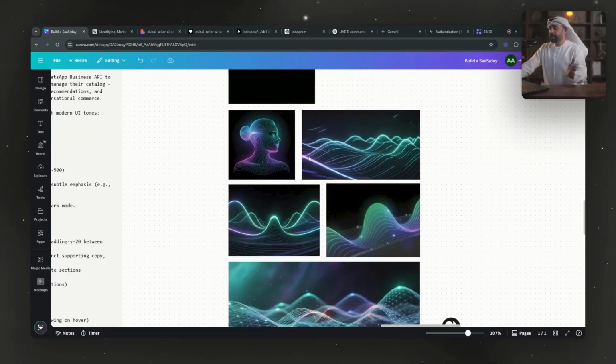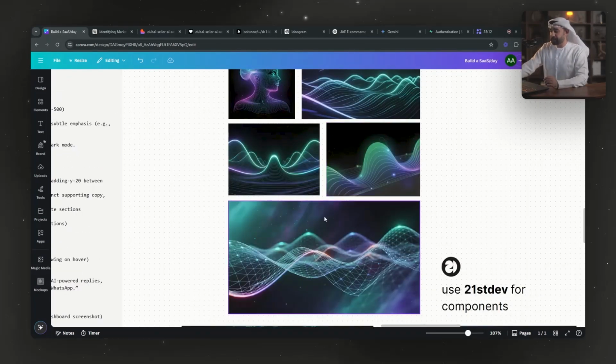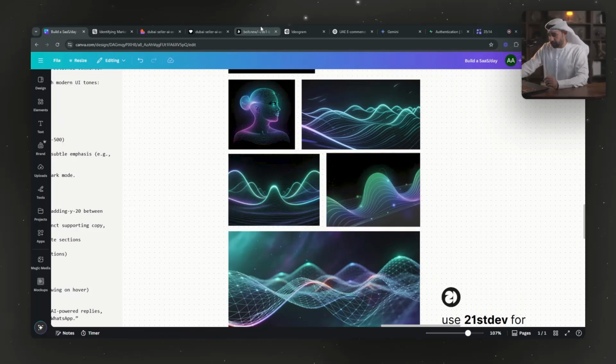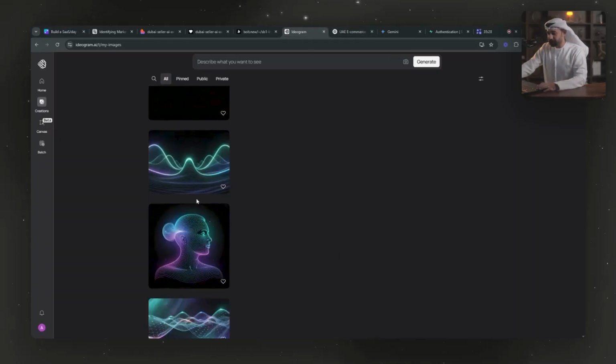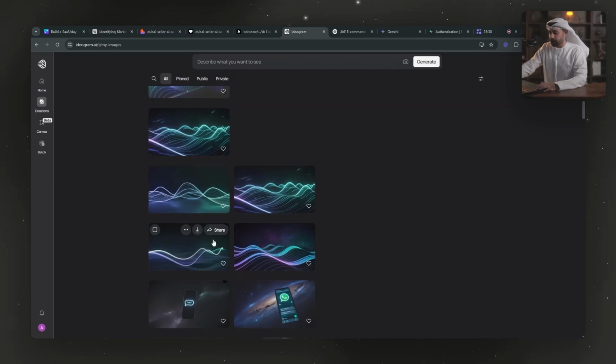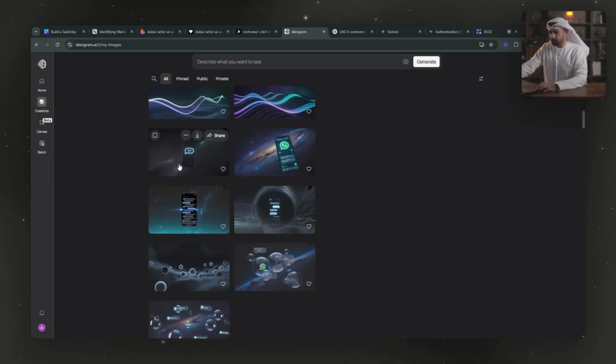Then I said, let me make a bunch of images for the website itself, using Ideogram as well. So I asked GPT, give me 5 images I want for this website, and give me a prompt for each image. Keep it modern, keep it stylish, and so on. I think it gave me this one for the testimonials, and this one for the screen page and so on. So this is in Ideogram. As you can see, I was asking it different things, and I was testing a lot of things out. First of all, the WhatsApp thing and so on.